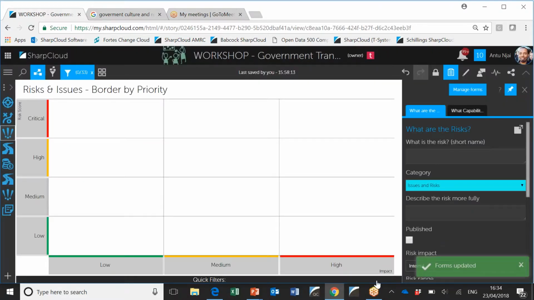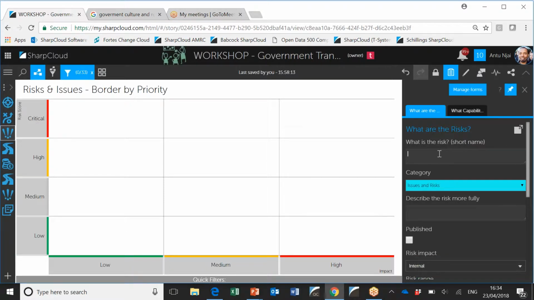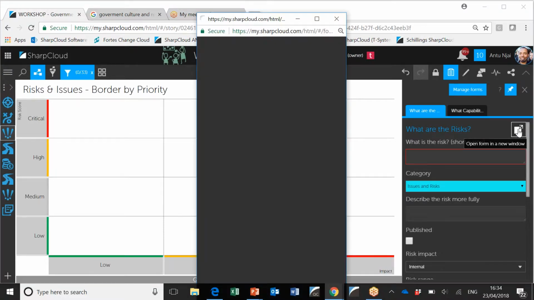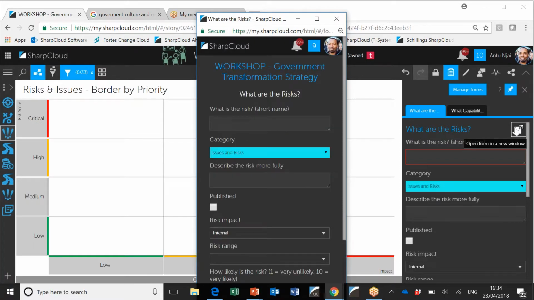But if I click OK, so I've just updated the form, and obviously if this is a facilitated workshop, I could be just capturing people's thoughts and ideas and typing them in here, and the items would pop up on the screen. But often what you want to do is pass that responsibility to the end users and to the groups. So you can do that by getting them to go to the form on their mobile or other device.